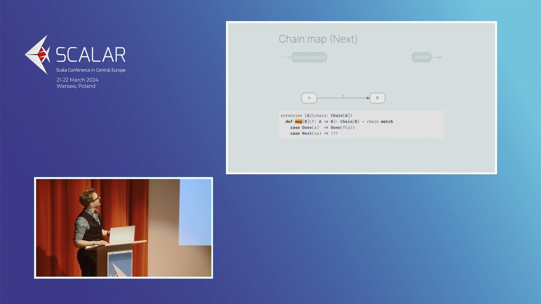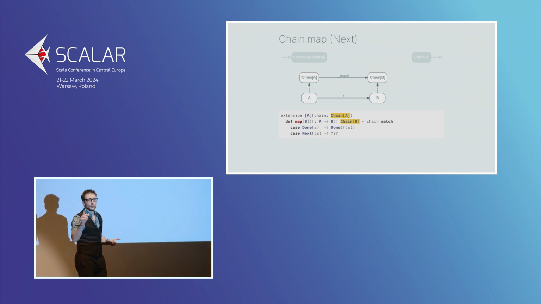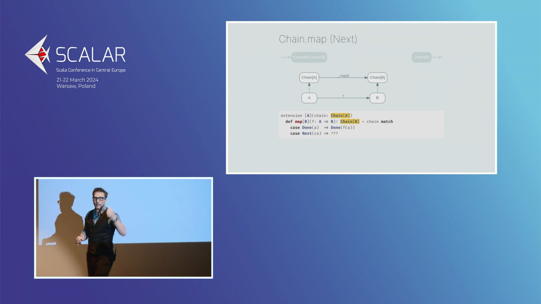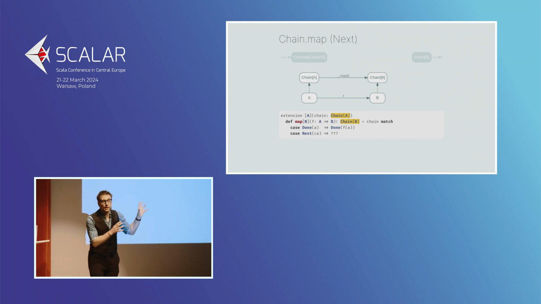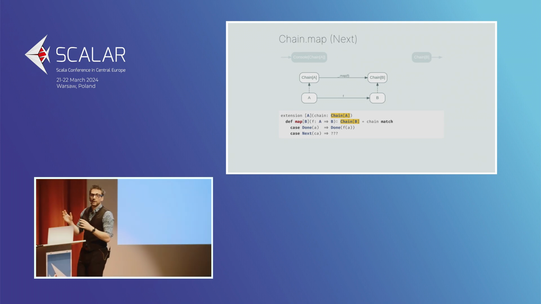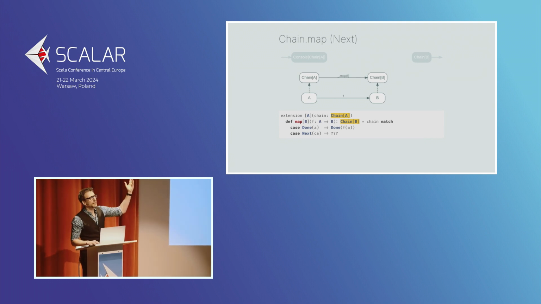What we also have is map. And if you look at map a certain way, kind of a Haskell-y way, you can think of it as a function taking a function from A to B and returning a function from chain of A to chain of B. And that rectangular shape here is very important. You know how the triangles mean flat map is going on somewhere? That means functor is going on somewhere. We have a functor. And yes, obviously, we said chain was going to be a monad. So if it's a monad, it's a functor. So we can lift that. But remember, if you see a rectangular shape like that, look for a functor somewhere.